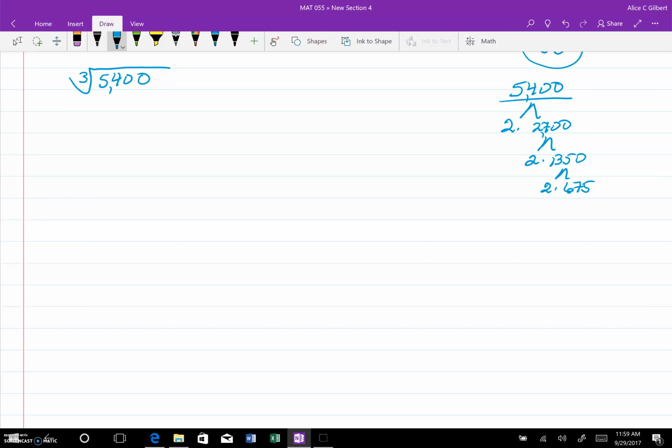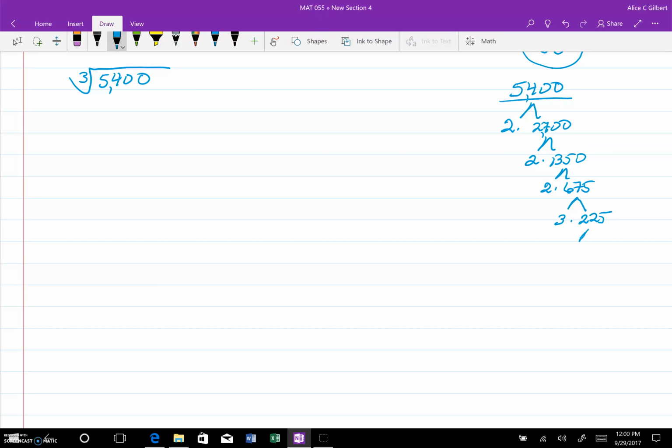Now, 2 will not go into 675. So now I want to go to the next lowest prime number, which is 3. Let's see if 3 goes into that. So I add these numbers up, 6 plus 7 plus 5. 6 plus 7 is 13, plus 5 is 18. 3 goes into 18 evenly. It means 3 will go into 675. I don't know how many times yet, so I'm going to have to figure that out. Turns out it is